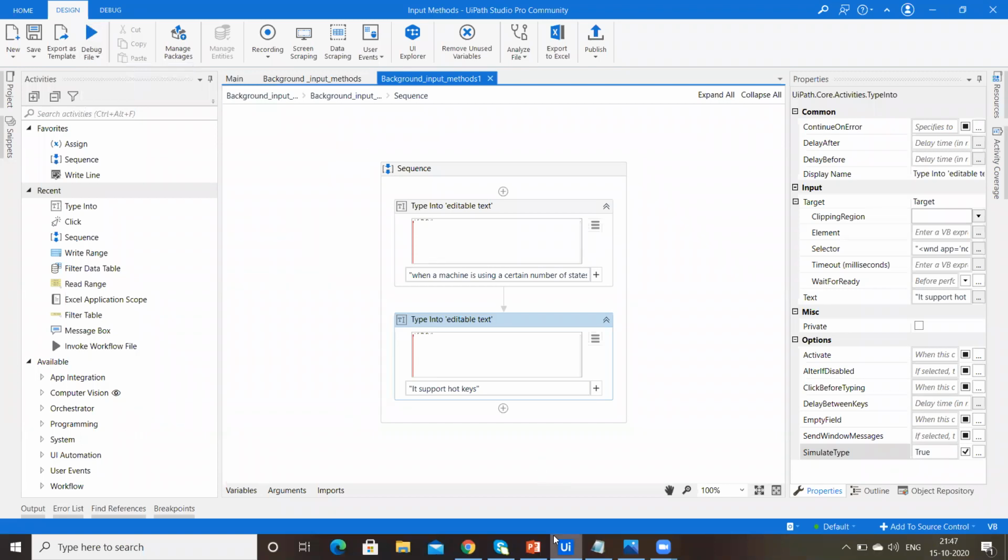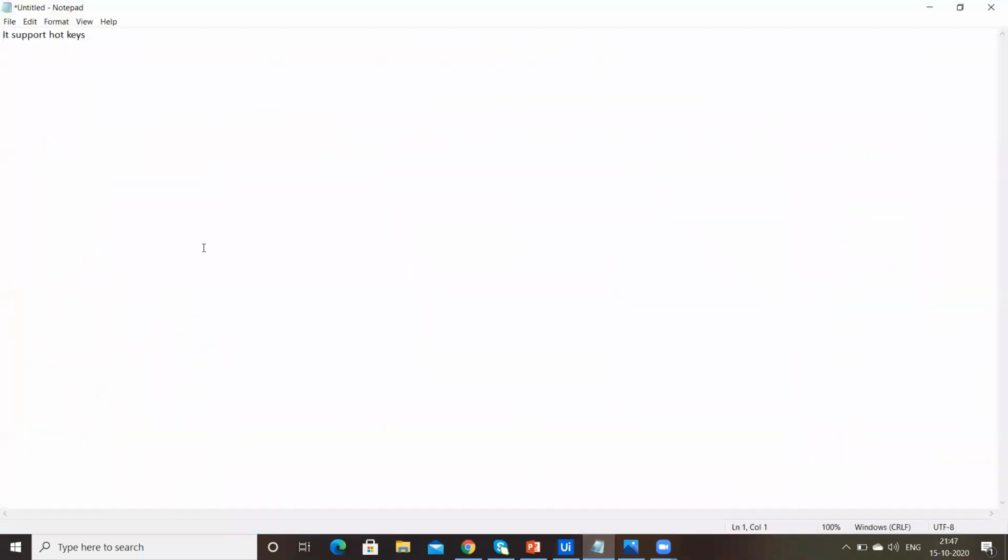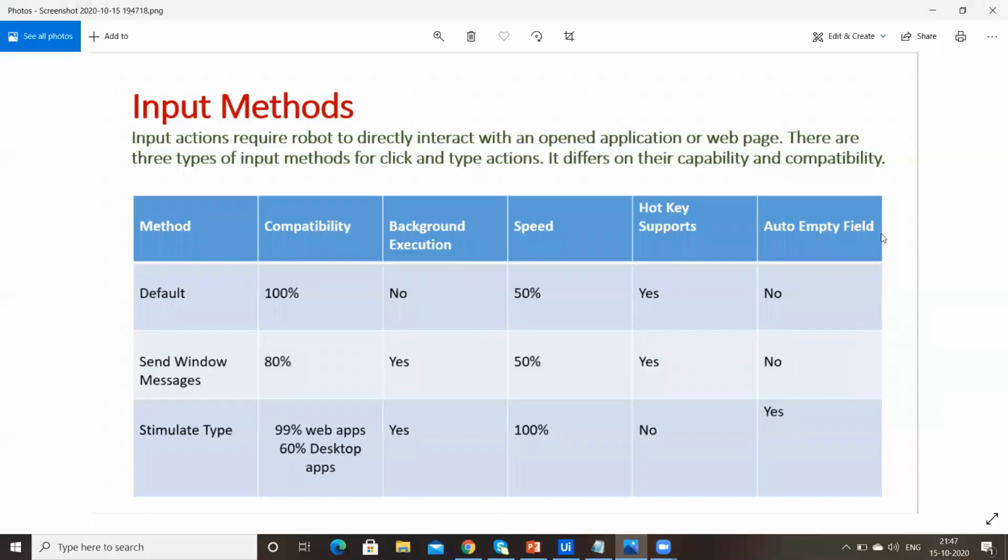After the completion of execution, open the notepad. See here, the data which was present previously has been erased and it has typed the new text. So simulate type supports auto empty field.